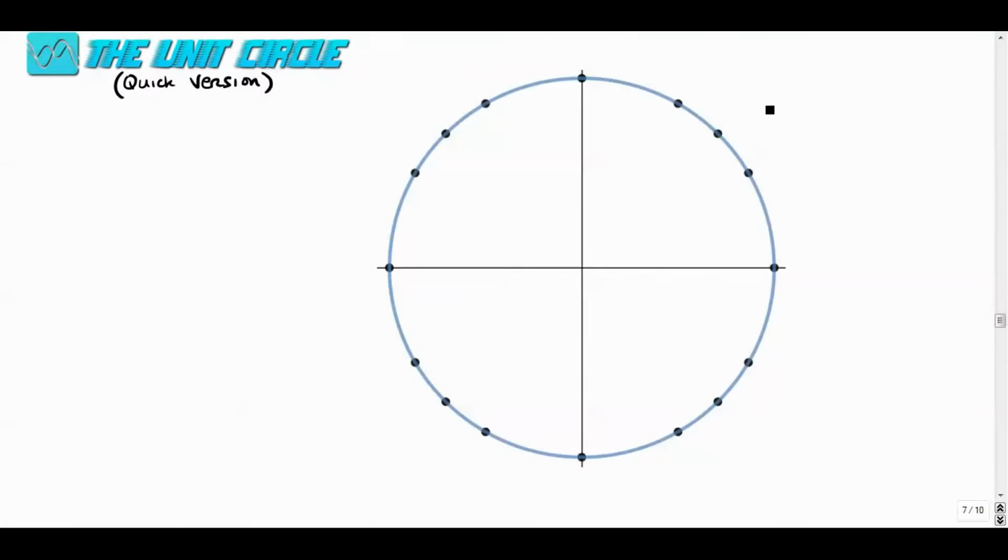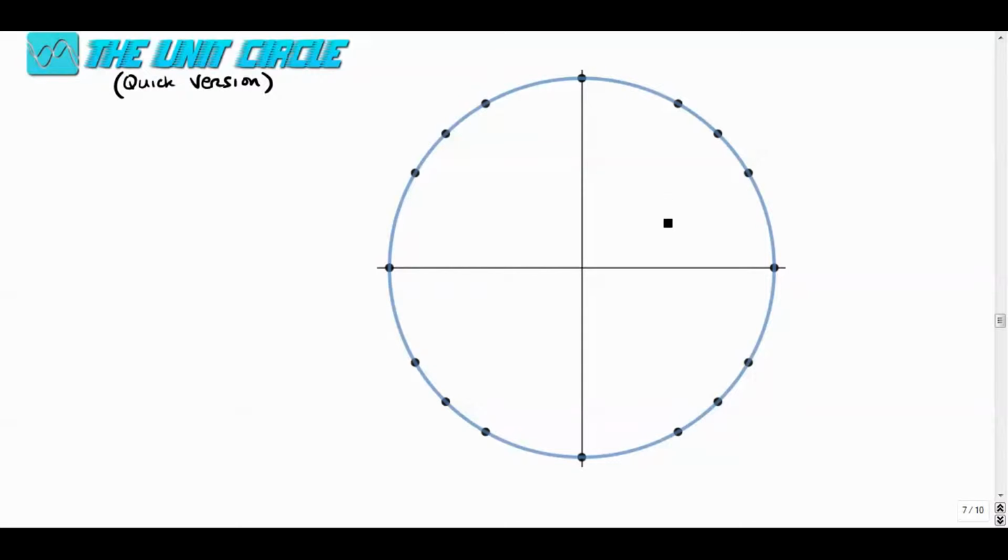Welcome to my quick version of the unit circle. In this video I'm going to go through all the points, degrees, and radians of the unit circle and give you basically just a quick video version that you can learn to kind of memorize the unit circle from. In a subsequent video I'll go back and I'll actually derive and show you where some of these values are coming from,